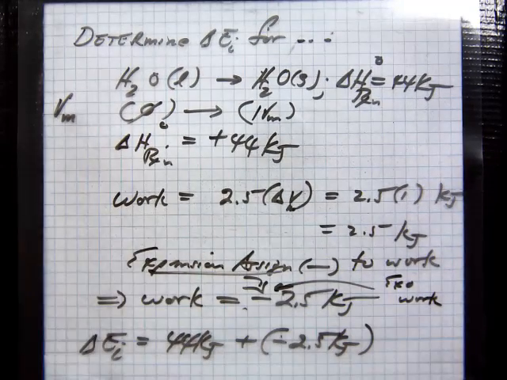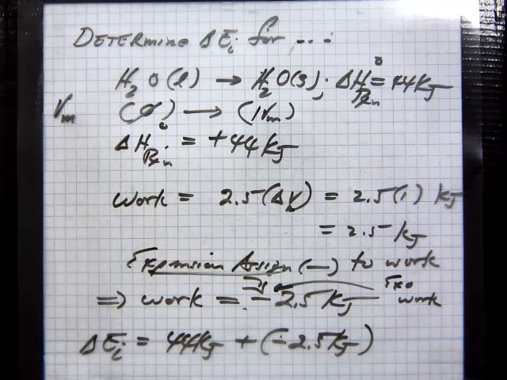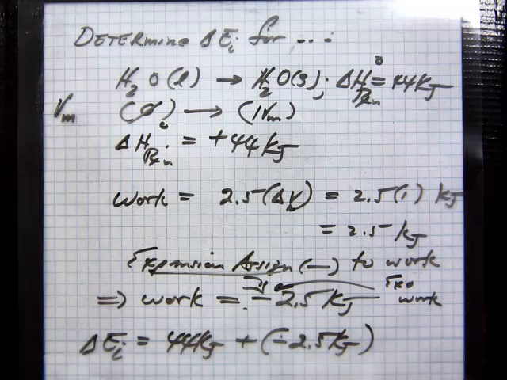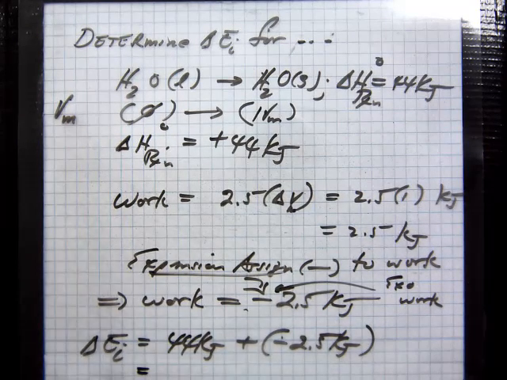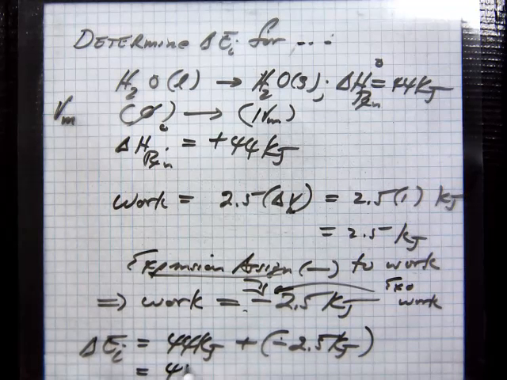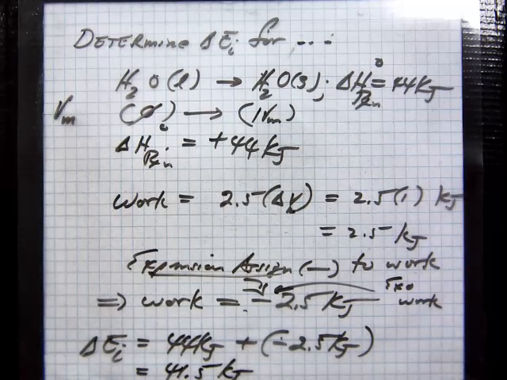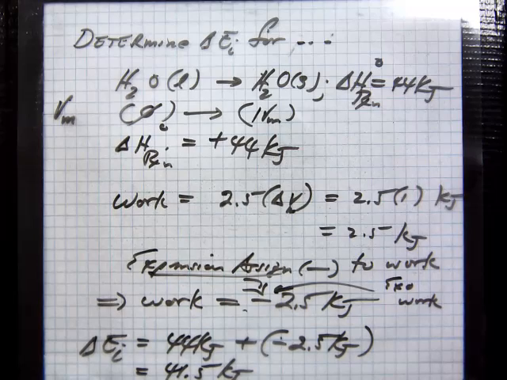The other one was endothermic work, compression. And so, kilojoules. That's your net change in internal energy for the evaporation of water, because it has to do work on the surroundings. Now here's the rationale on it.